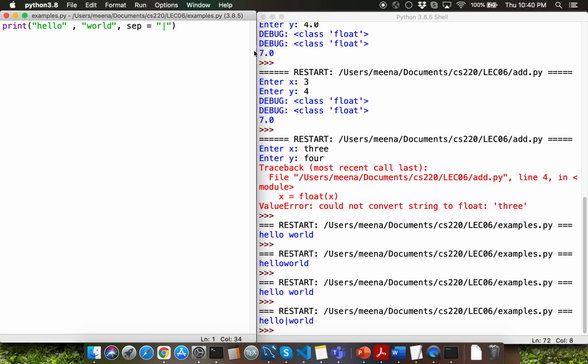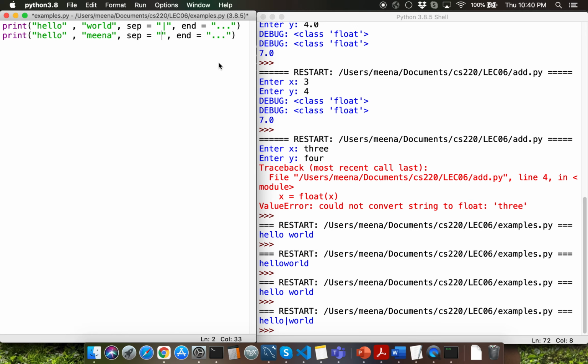The second parameter which I want to talk about is the end parameter, which enables you to configure the end string for the print function call. Let me type in dot dot dot and I'm going to copy this print function call and change the second argument into hello Meena.